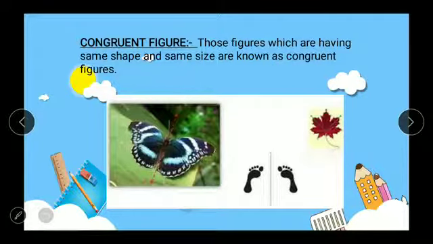Students, in this picture you can also see pair of footprints and a leaf. Footprints are also exactly same and they will also superimpose whenever they will be put on each other. In case of leaf petals, every petal has a line of symmetry in the middle, and left and right portion of the leaf are exactly same in shape and size. Hence, they are also congruent.